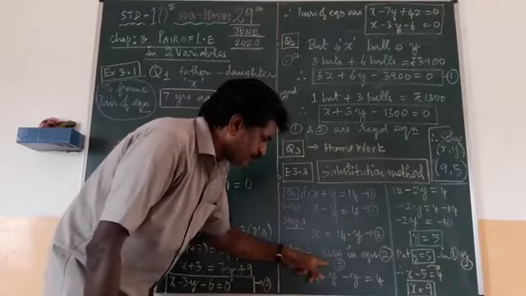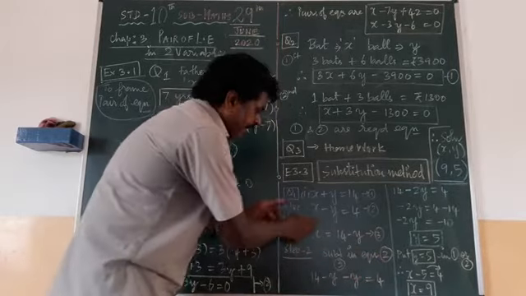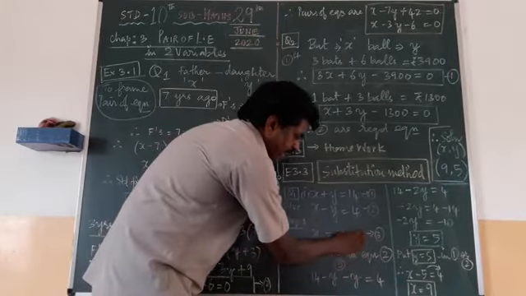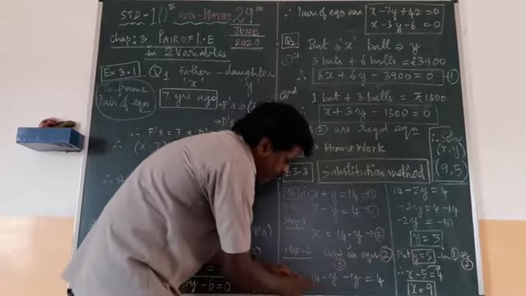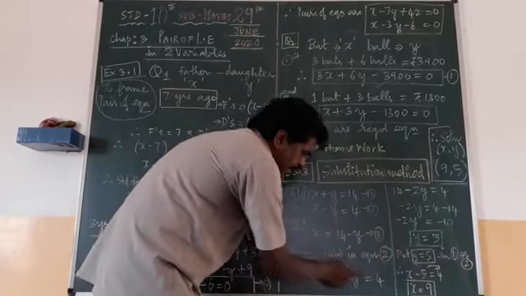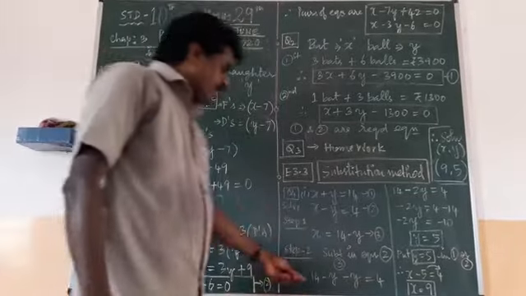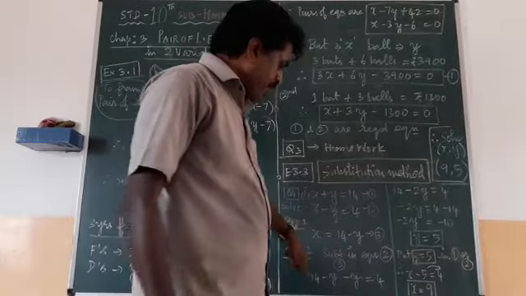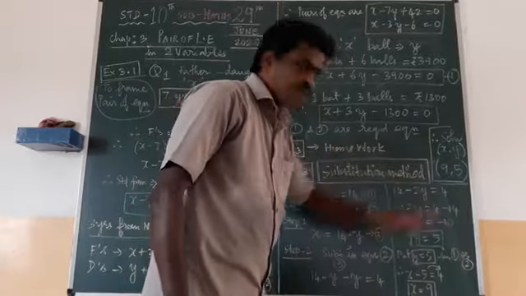Step 2. Substitute equation 3 in equation 2. So what I have done? This 14 minus y I have put directly in equation 2 in place of x. So 14 minus y minus y equal to 4 in the second equation. Then simplify this equation. 14 minus, you have to add, so minus 2y equal to 4.